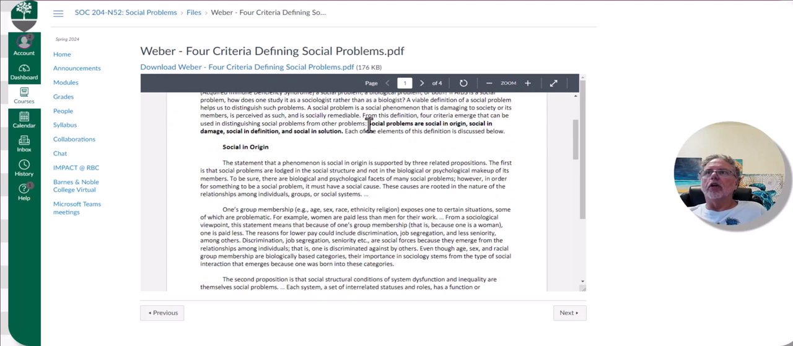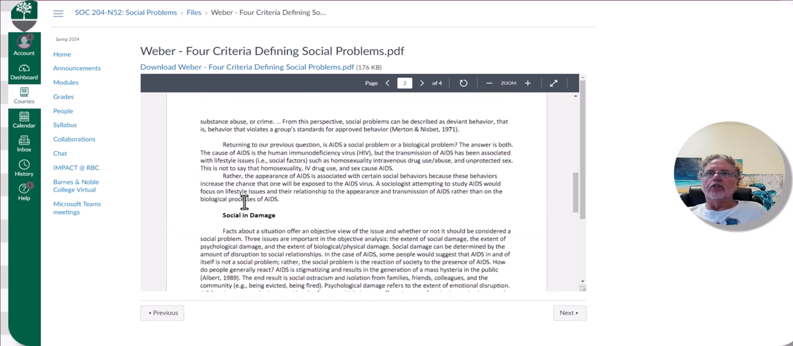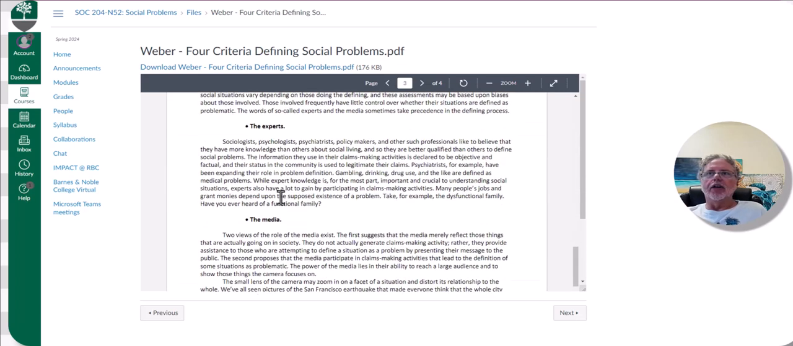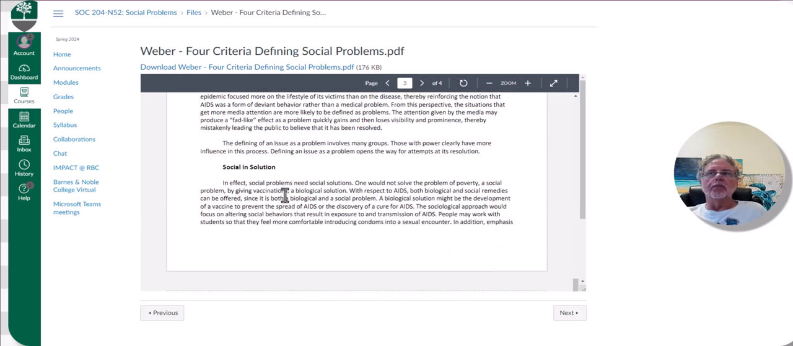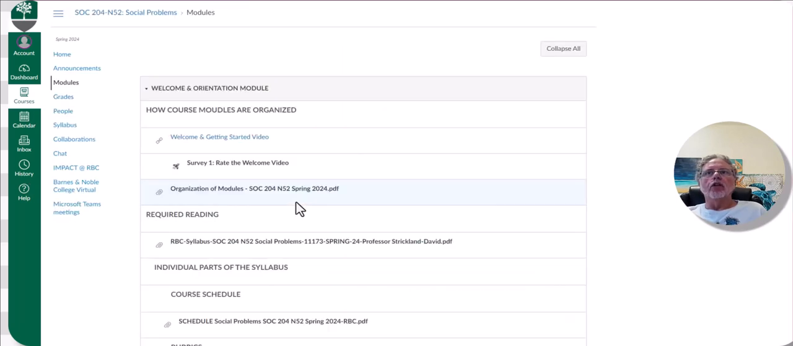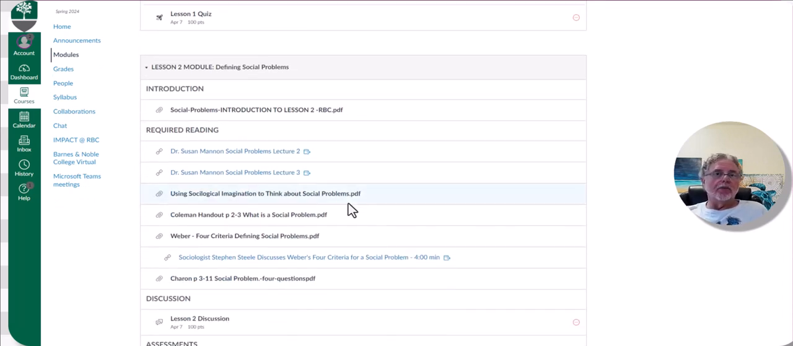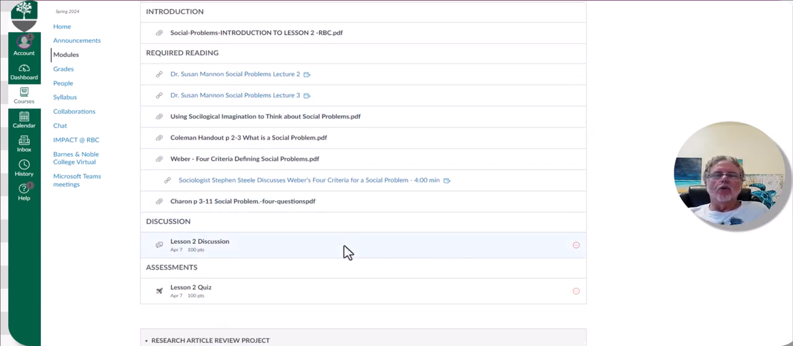Social problems are social in origin, social in damage, social in definition, and social in solution. And in that article, it explains to you in detail what social in origin means. Okay. Then there's a section on social in damage, then a section on social in definition, and finally a section on social in solution. So keep that in mind when you're looking for your article on a social problem. It should be a social problem and not some other kind of problem, right? Or not some other kind of phenomenon in society. It has to qualify as a social problem